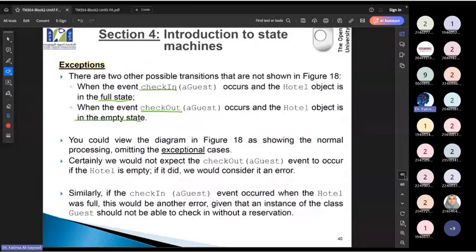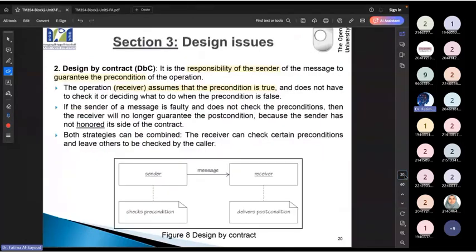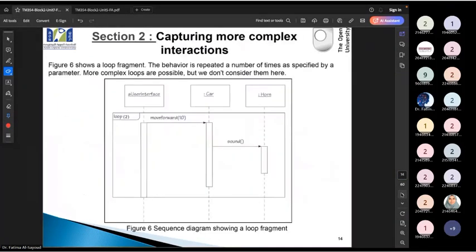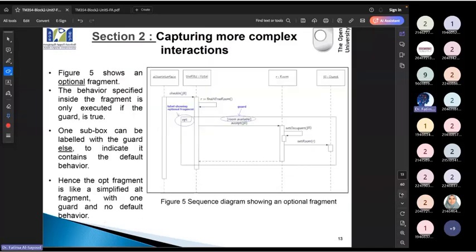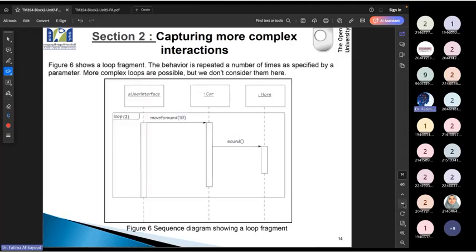I would like to go back to earlier examples, an example that you are familiar with. When we have a hotel, you have an interface so that they can communicate with you. But when we are talking about a hotel as a class, it has interfaces, so you can communicate with it.